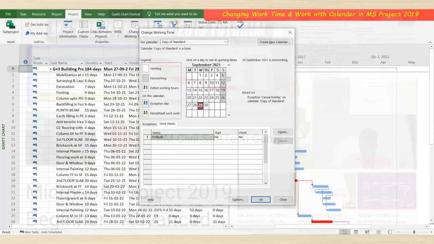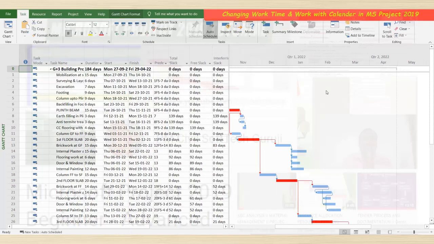Changing work time. In the next lecture, we'll study WBS. What is meant by WBS? Work breakdown structure. Then recurring tasks or activities. Then group by and sort functions. Then resource assignment, resource leveling, resource updating, that we'll see.